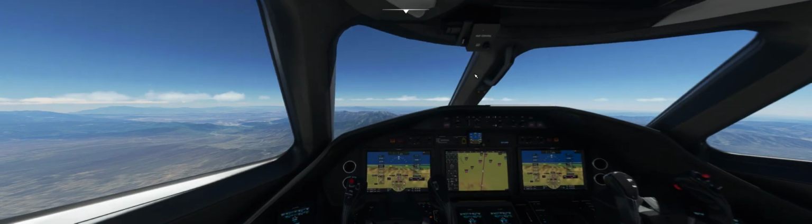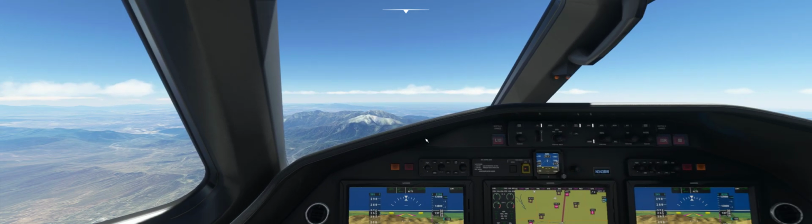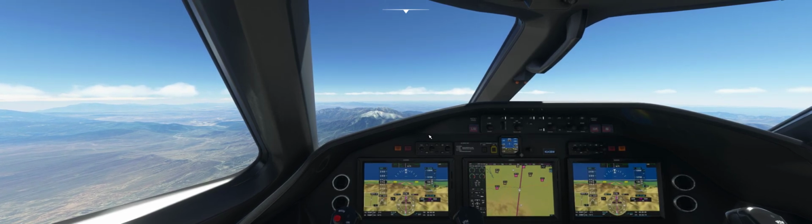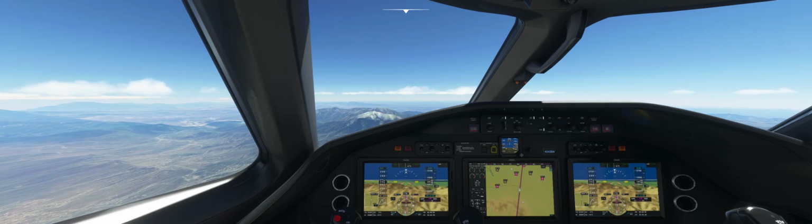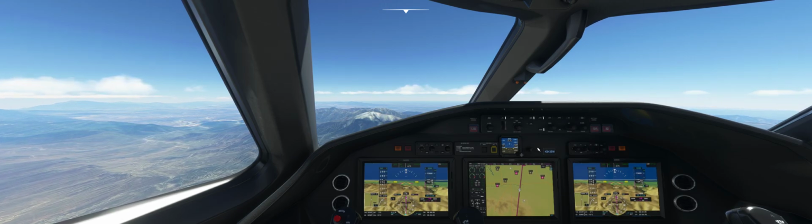Lots of issues that still need to be addressed. Do you see that just popped in? Looks kind of shitty, if you ask me. 49 miles out, 13,500 feet. If we actually make it onto the ground,